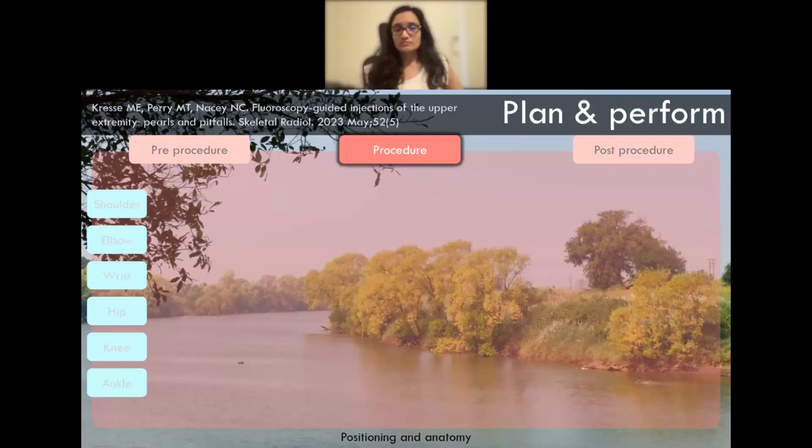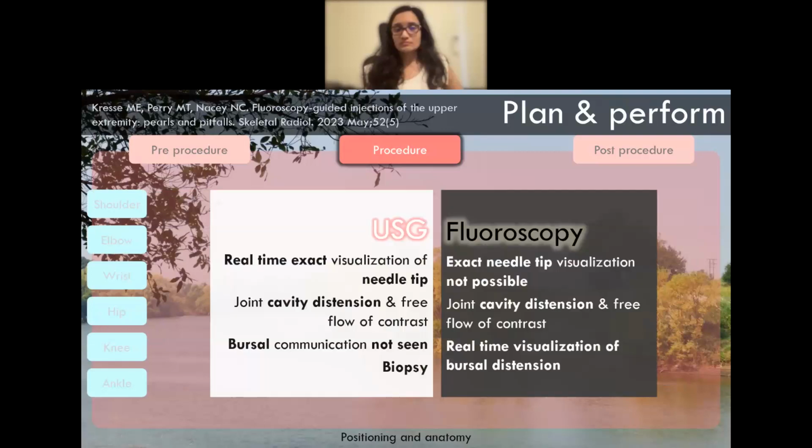Okay, now we have finished one of the toughest things, that is the needle navigation. Let's move on to the second most important thing, that's the positioning of both the patient and where to target, the anatomical aspects of this